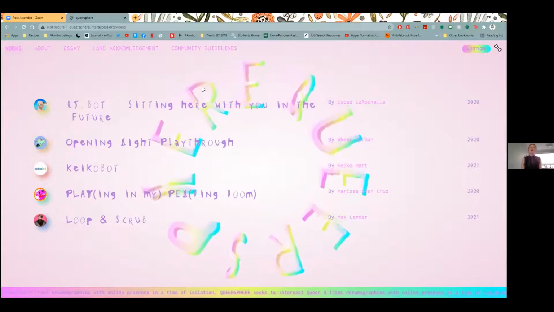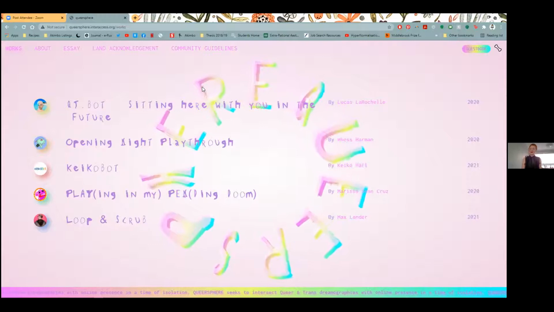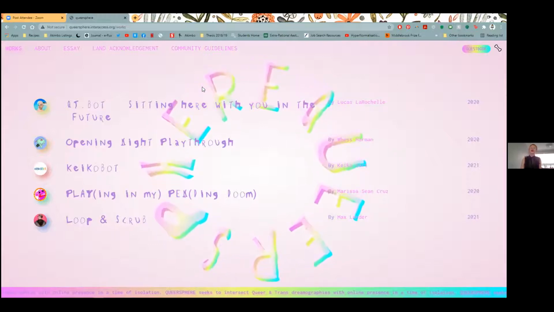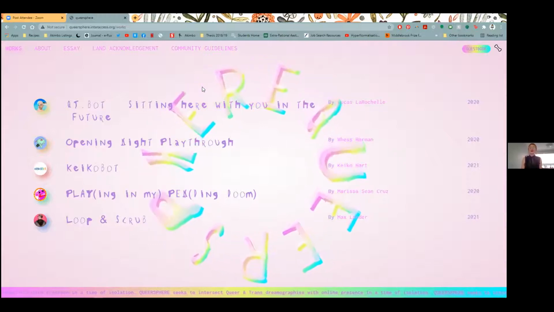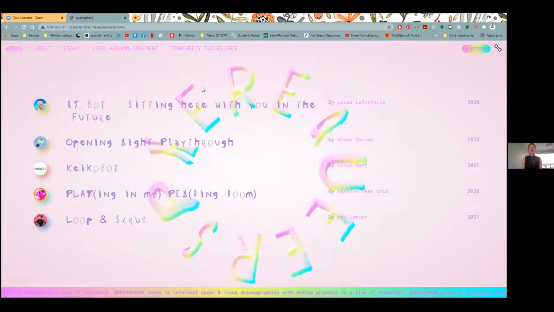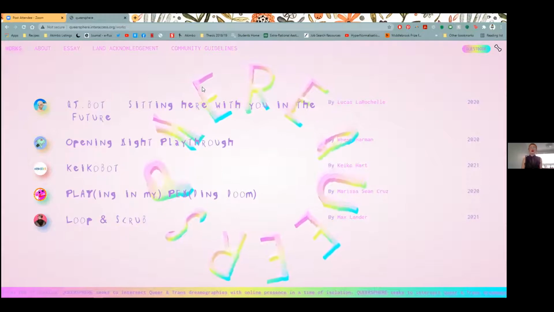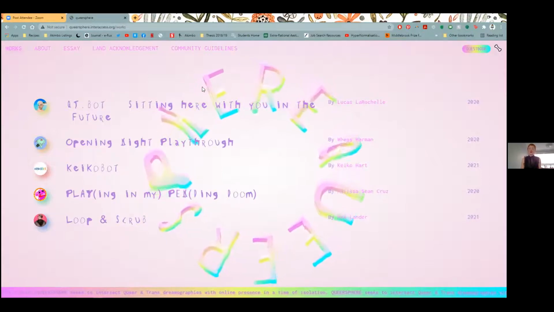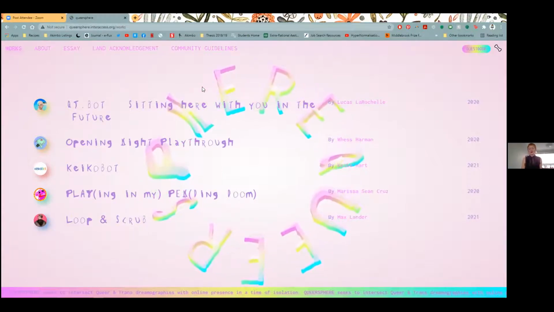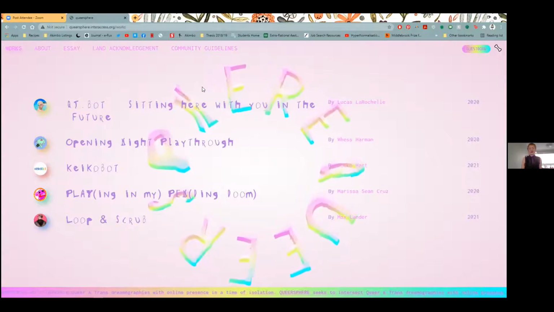I feel like it's very familiar to some artists in the community. And this specific font is taken from ACT UP protest posters. So each letter has actually been sourced from a real poster of protest in the queer community.